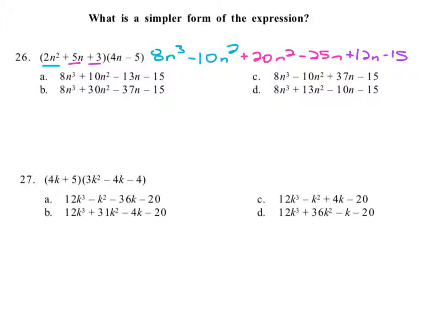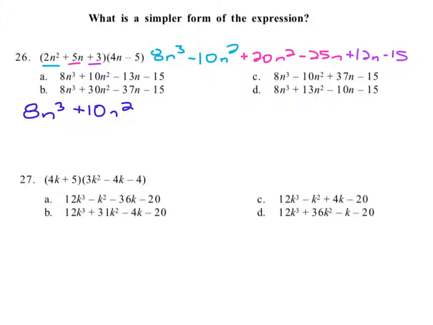Okay? Ultimately, what we're trying to do is say, what can we combine? So I see just the single n cubed term here. I don't see any other n cubed terms, so I'm just going to say 8n cubed. Now, for the n squared terms, I see an n squared term here and an n squared term here. So I have to add together their coefficients, negative 10 plus 20. Negative 10 plus 20 is positive 10